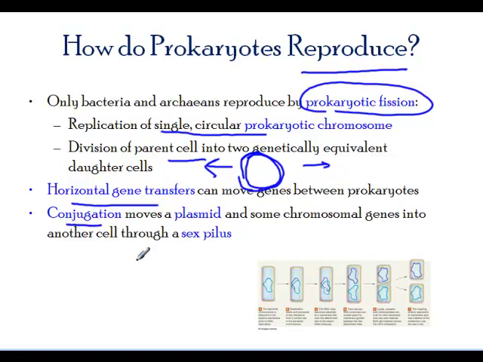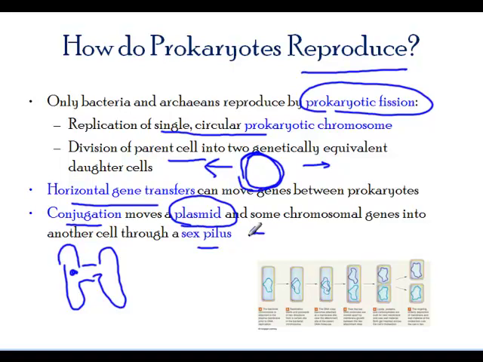And conjugation is the picture that I showed you earlier, when you have the pilus or the pili, and you transfer the genetic material from one cell to the other. Now, the word plasmid refers to those chromosomal regions that are circular within the bacteria. So bacteria have this unique kind of chromosomal material, which is plasmid, and it's almost like a photocopying machine. It just makes copies and copies and copies of itself.